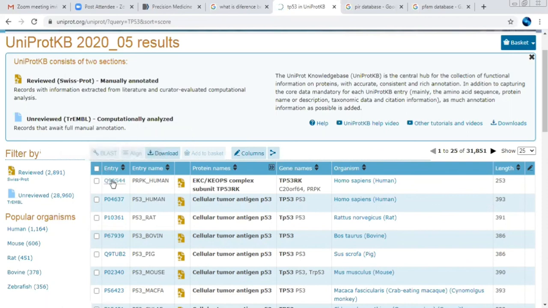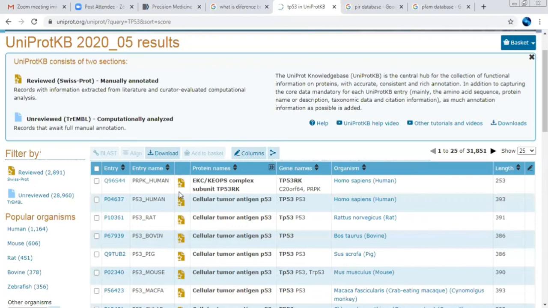I am just going to click on one entry. Before clicking, I will show you what the data types are. You can get the entry of your search, and you will get the entry name. This entry is nothing but the unique identifier ID for the UniProt database. You will also get the entry name, showing in which organism it is listed, such as human, rat, pig, mouse, and so on. All the data is shown here.